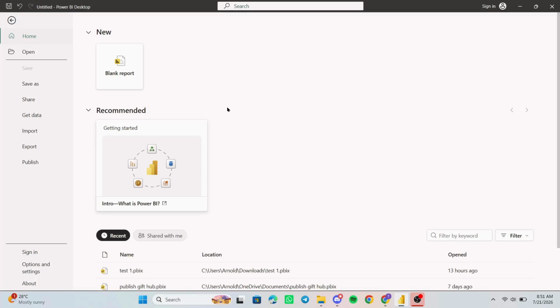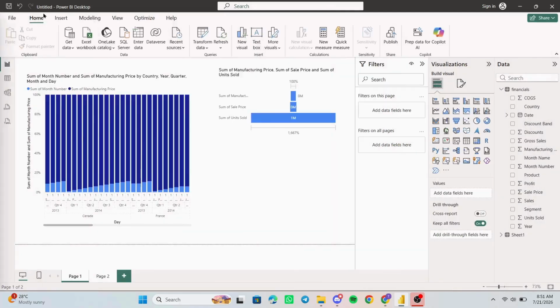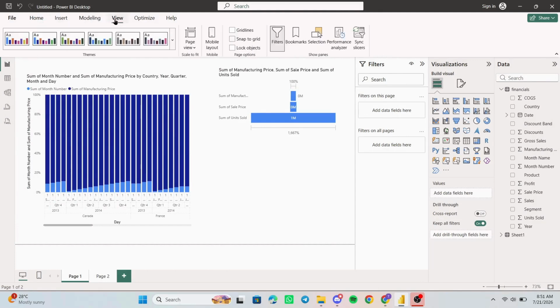This is where all your data visualizations come to life. Don't worry if your dashboard looks slightly different, the steps will still apply regardless of your version. Next, navigate to the View tab located in the top ribbon menu. This tab is your gateway to various display options. Much like choosing the right lens for a camera to capture the perfect shot, it helps you see your data